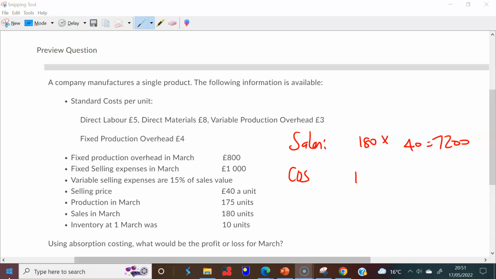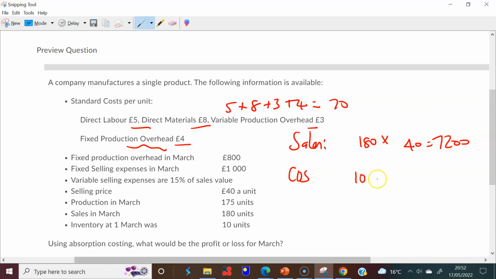What we need to do is to recognize what cost of sales is. So you're starting off with 10 units, and it's all at whatever your full standard cost is. So 5 plus 8 plus 3 plus 4, right? Because that's the full cost. 5 plus 8 plus 3 plus 4. We will be careful about this. We'll come to talk about that. So that's equal to 20,